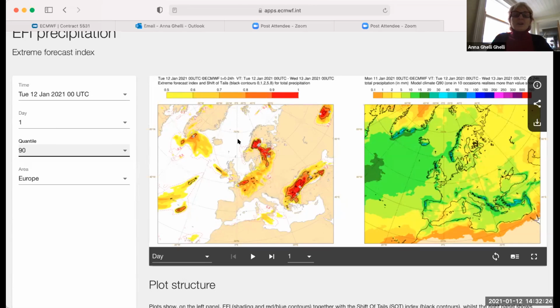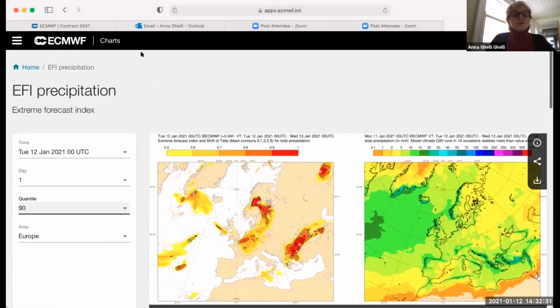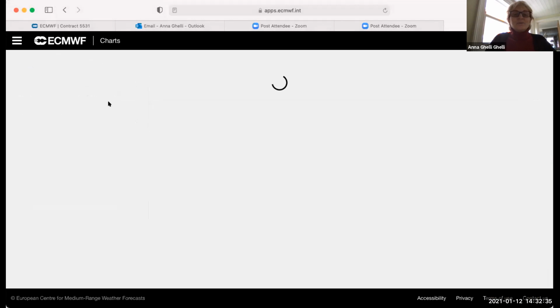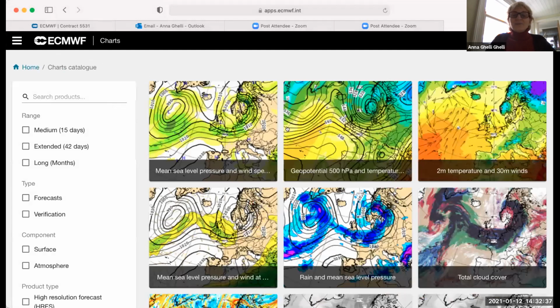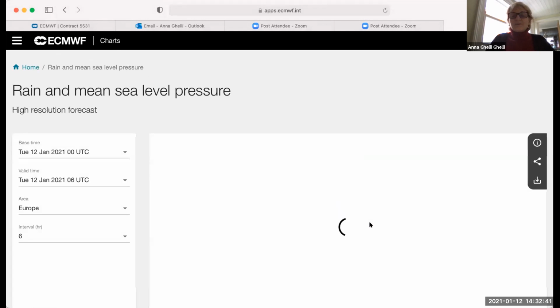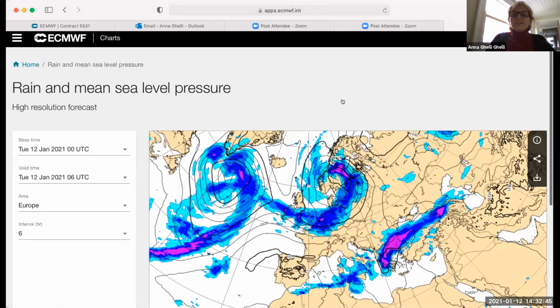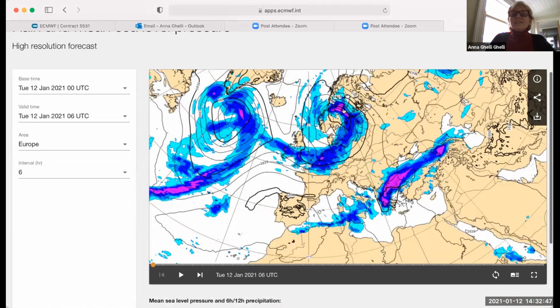Now, because we can't click on this map, unfortunately we have to go back to our home. I guess hopefully home is the right home. And we click on precipitation because that's what we were looking for. And then here you can see that this location is indeed the same as where we had this very strong EFI signal. So if I click on this location,